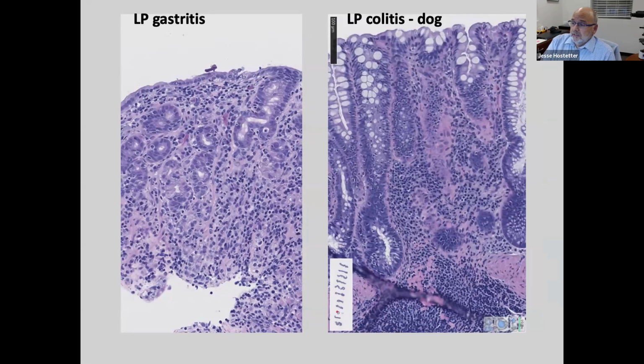And lymphoplasmacytic enteritis on this side of the screen, we have it in the stomach, again, associated with other changes. Just as a hint, look at this epithelium up here, pretty attenuated, and also lymphoplasmacytic inflammation in the colon. One thing to be a little bit careful of when you're assessing lymphoplasmacytic inflammation in the colon and in the stomach and also in the ileum, but it can happen anywhere, is